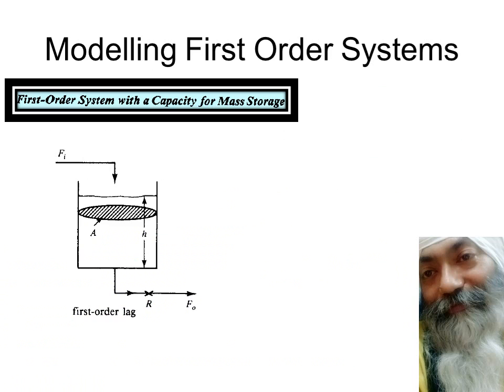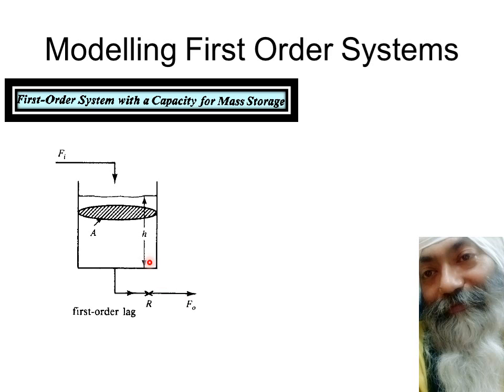So we start with the first example of first order system, and what you have here is again a tank. The tank has area of cross section A. The tank has level H. The tank has some inflow Fi, and the tank output is F naught. And the thing to be noted very, very carefully is that this F naught is actually